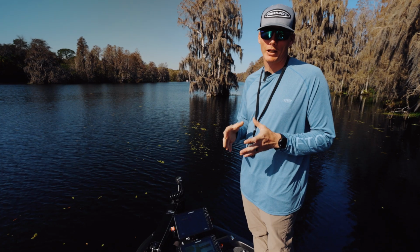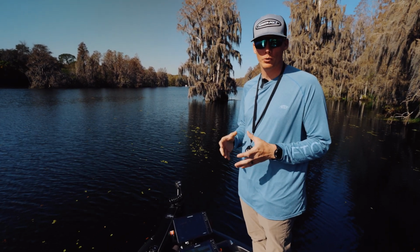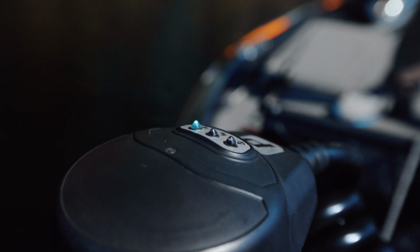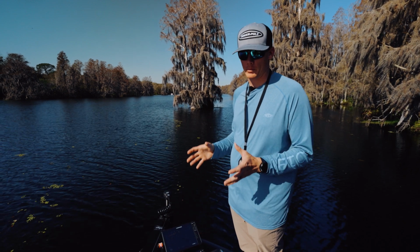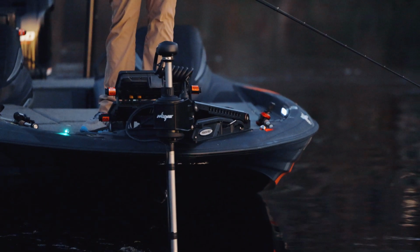Now let's discuss the navigational head LEDs. The whole point of this is to let you know what mode your unit is in. On the left, you have anchor mode. On the right, you have active heading. And in the middle, you have your prop LED. Now this prop LED will work in correlation with any other feature on this motor. It'll let you know in momentary, anchor, or in active heading that the prop is moving either in forward or